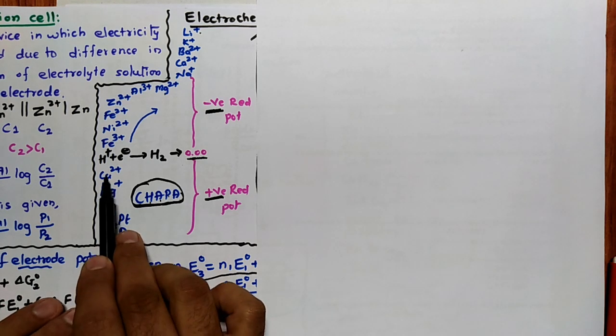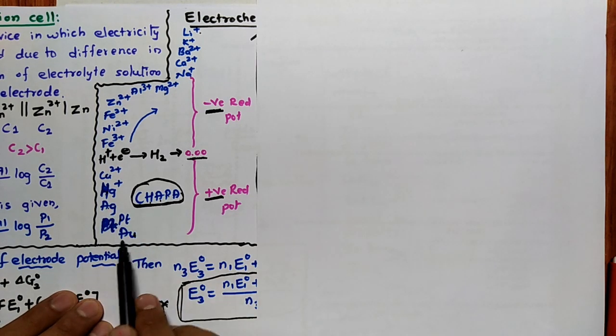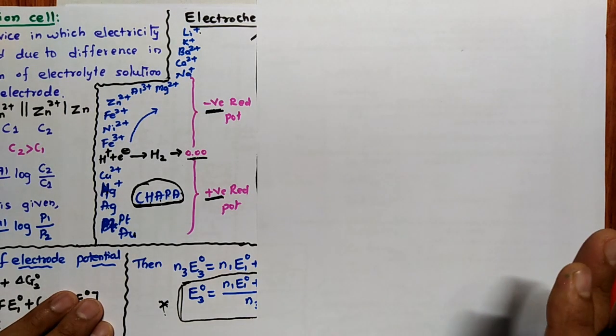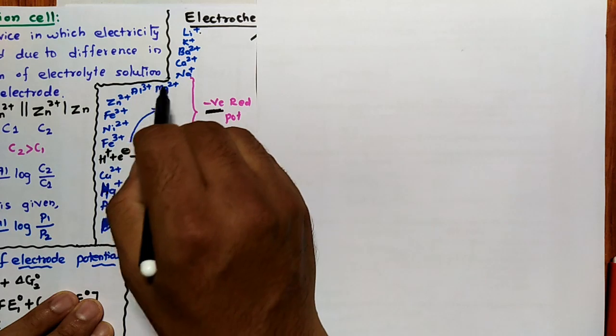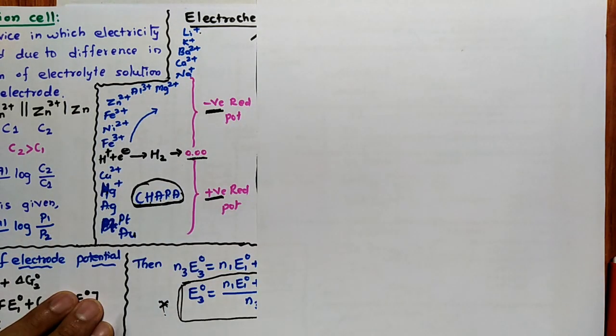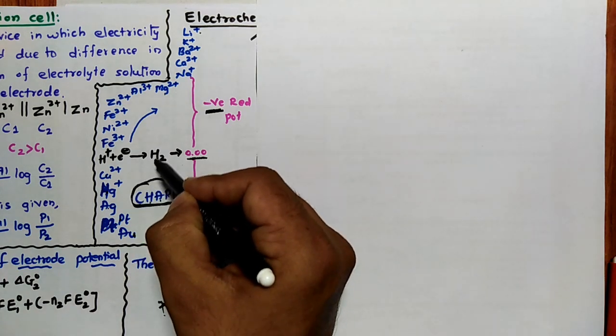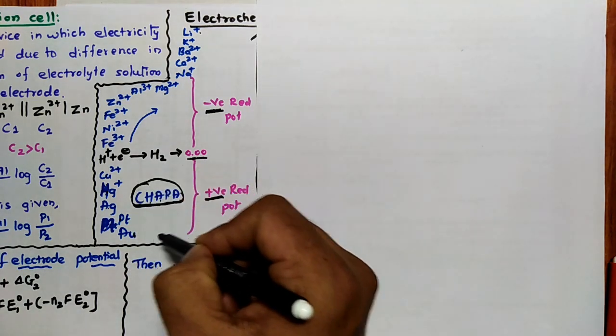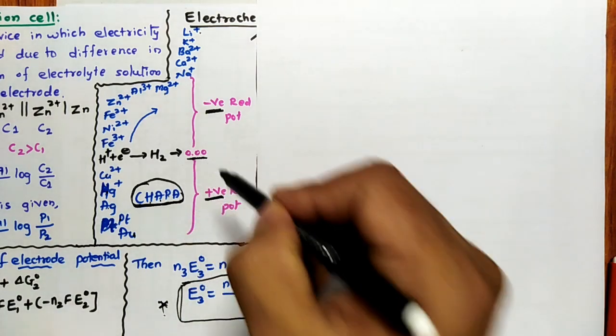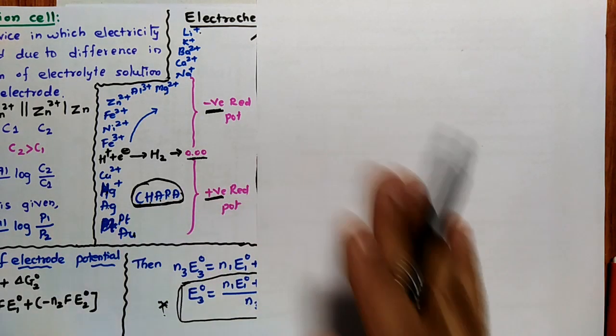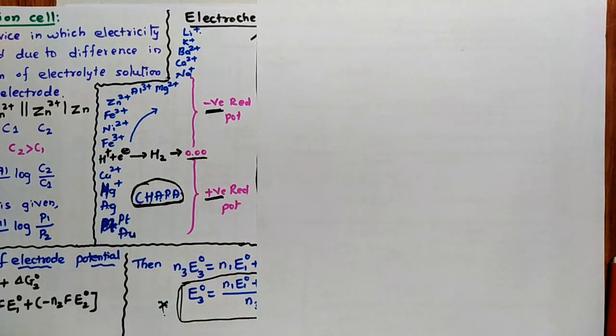So remember, copper, mercury, silver, platinum or gold, when they react with dilute HCl, hydrogen gas is not evolved at all. But if it is sodium, magnesium, zinc, iron or lithium reacting with HCl, it releases hydrogen gas. Which means one application of the electrochemical series is that we can come to know which elements can liberate hydrogen gas from dilute acids. The elements lower than hydrogen, having positive reduction potential, are less reactive. Hence remember, they cannot evolve hydrogen gas from dilute acids.